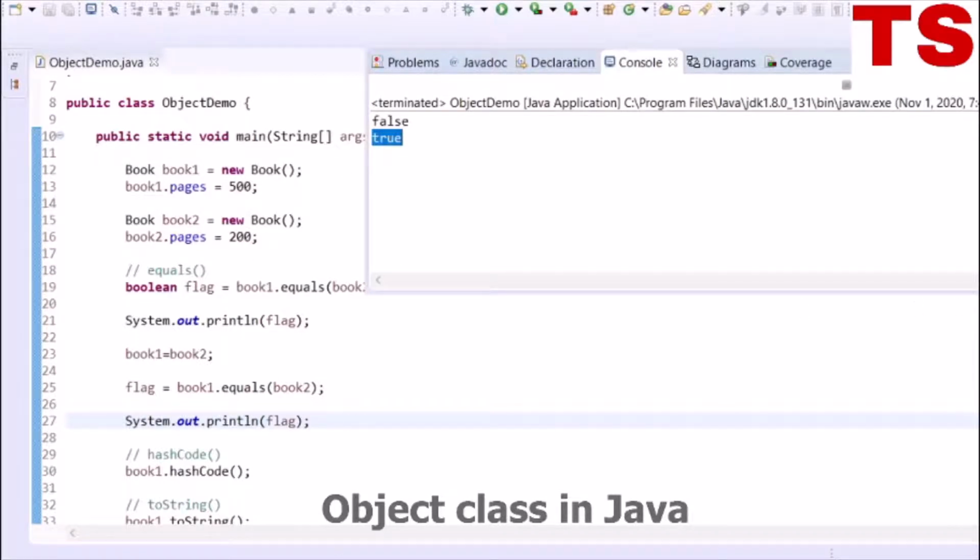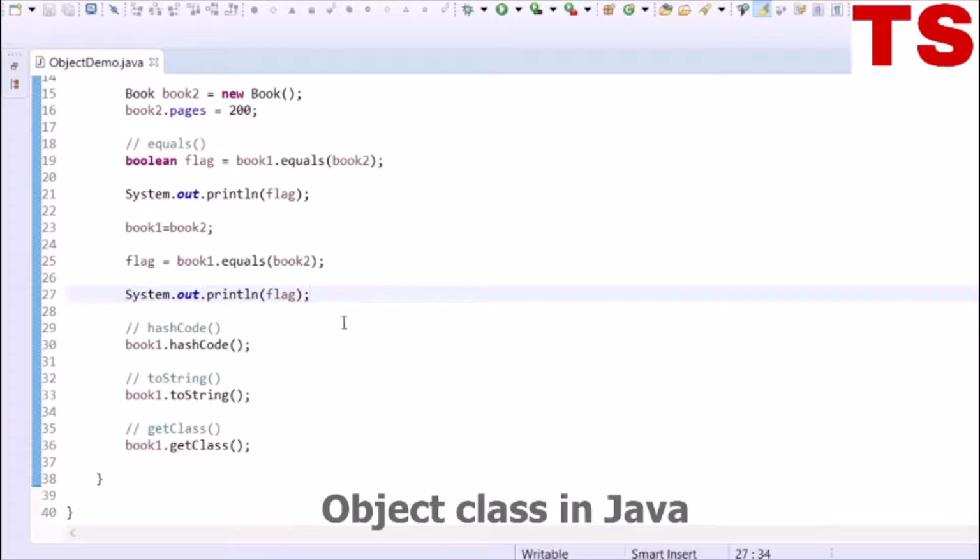The second method is hashCode, and it returns an integer value which is the hash code value for the object. Let's try to print the hash code value for book1.